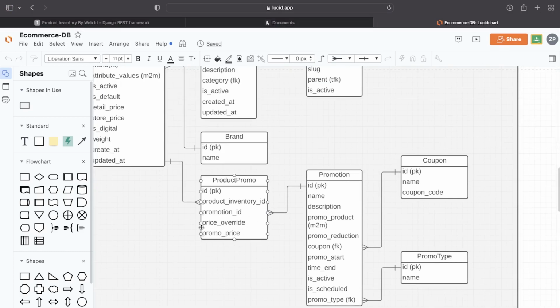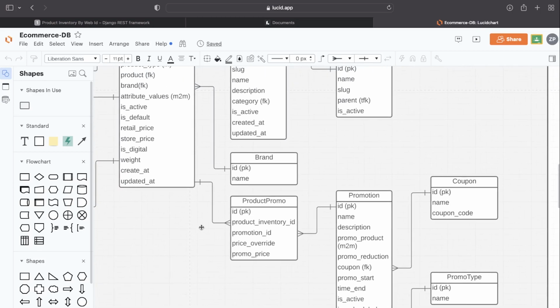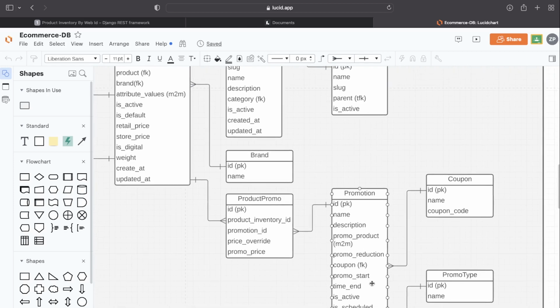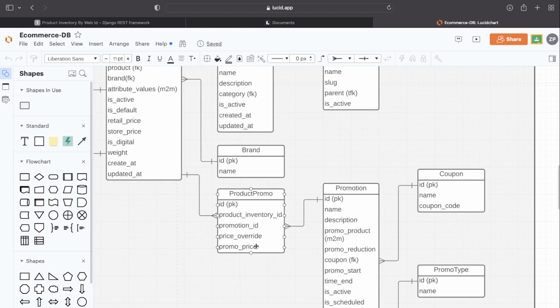So there are a few pros and cons with this approach. For example, if you've got 200,000 products and then you put them on a promotion, you now have 200,000 entries inside of here, and that's just one promotion. So something that I haven't tackled in this tutorial is thinking about, if we do have a promotion set for all products, then should we have an entry for that? Now we're kind of forced with that here, because my thinking is